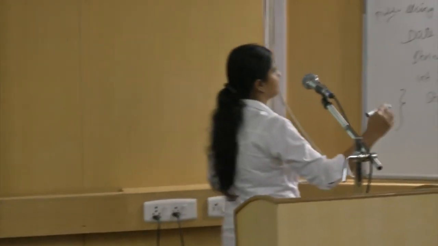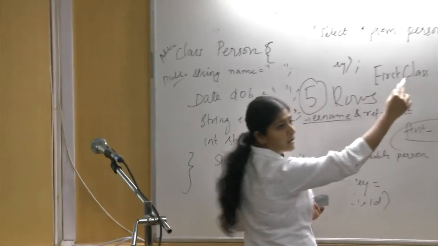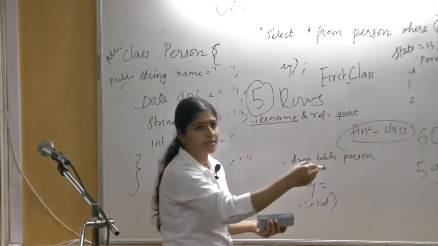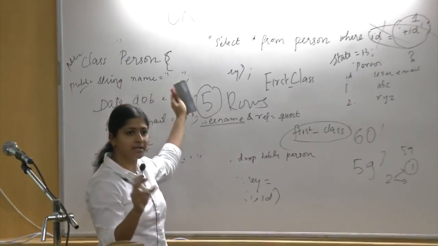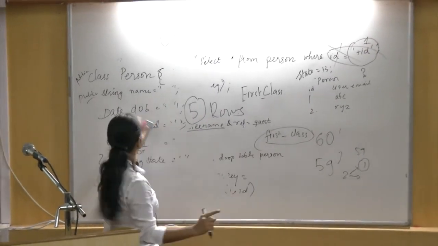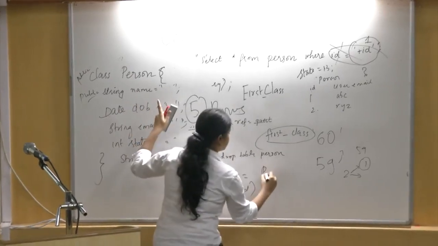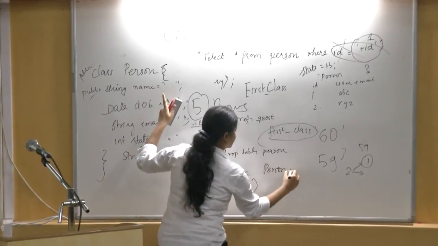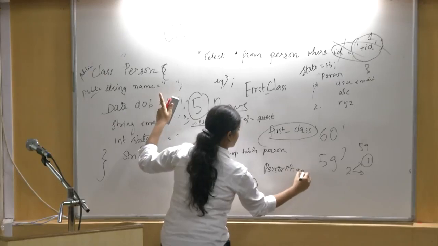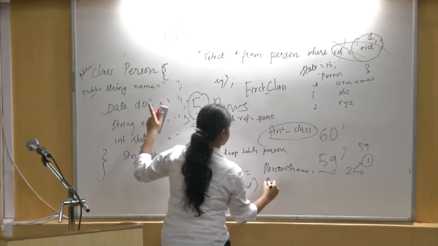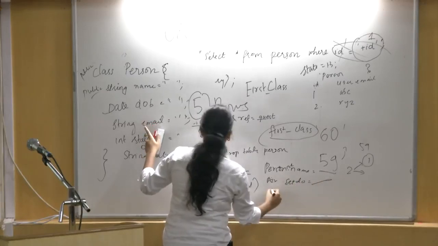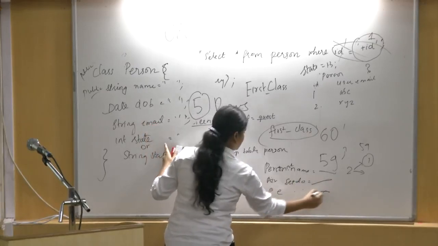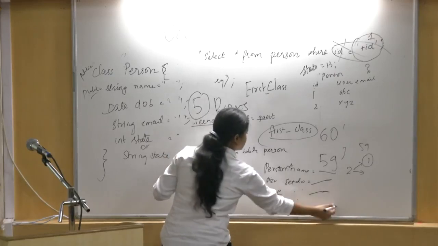What you can do is, when you are calling this MySQL statement, after fetching, it will fetch a number of rows. You can save each as a person, a single entity. You can call one person and set its name, person1 dot set name, person dot set DOB, person dot set email, person dot set state. You can do all these things.